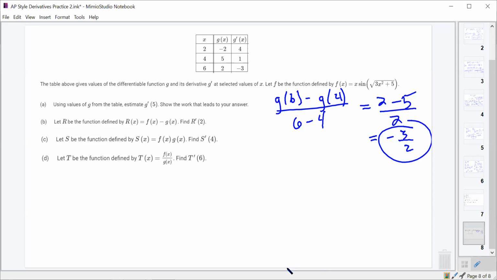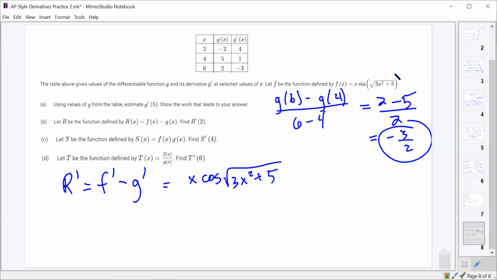All right. For part B, we want to find r prime of 2, where r is f minus g. So what's r prime equal to? R prime should be f prime minus g prime. So we need to find the derivative of f. That should be a product rule problem. So that should be x times the derivative of sine of this, which, using the chain rule, is cosine of that,